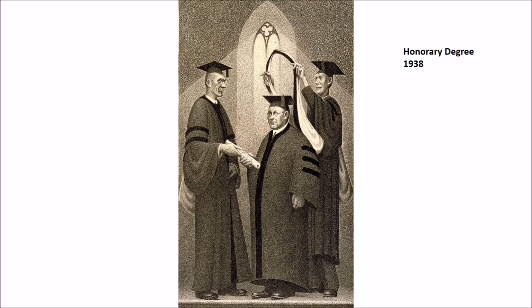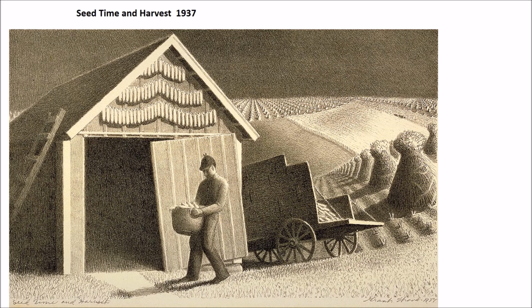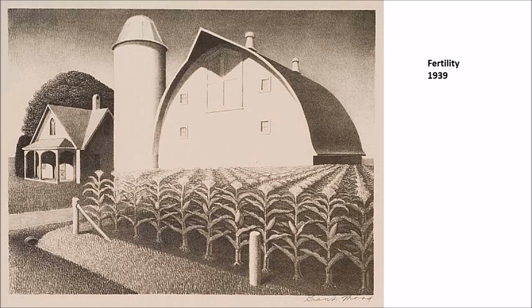and you'll notice how the sash of the degree is actually mimicking the corner of the window as it's being put over. And as we look at these, we have to remark that these are, of course, prints, Seed Time and Harvest. I might be mistaken, but I believe that these are actually mezzotints. And the method is that you take your metal plate and you make it essentially look like sandpaper, and then the areas that are white are where you're actually going to grind it down till it's